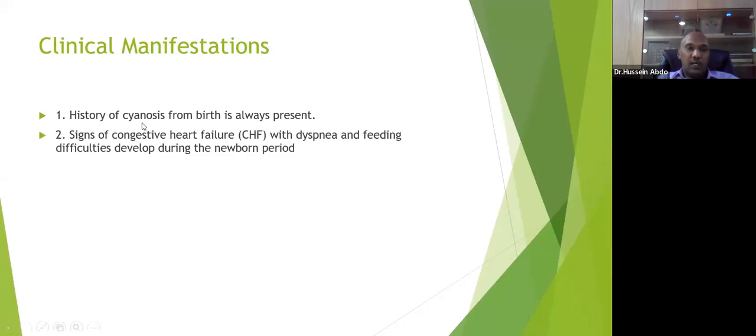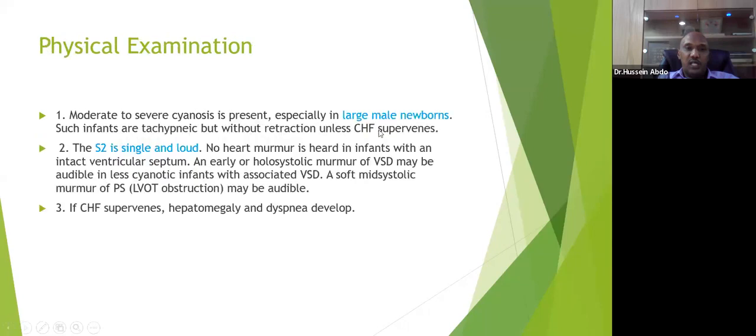So we need to take a history in this patient and do a physical examination. Usually these patients are large males, and usually they are chubby babies. They have a single heart sound. If you listen to their cardiac auscultation, you will find S2 is single, because